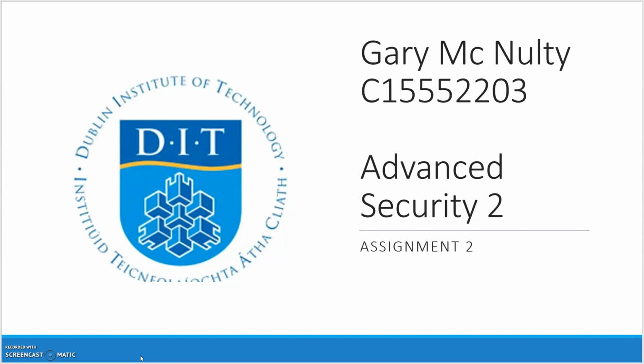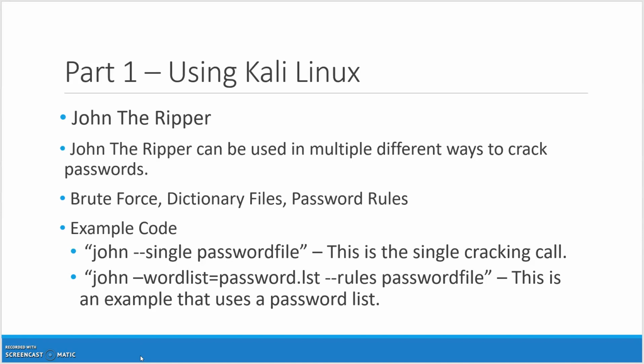So the first section of the assignment was to use Kali Linux and perform some tests, using different security tools on Kali Linux for different things. The first one I tried to use was John the Ripper, and John the Ripper is basically a password cracker, so it can be used to crack different types of passwords. I tried this on files, like existing zip files with passwords on them in Linux, and it